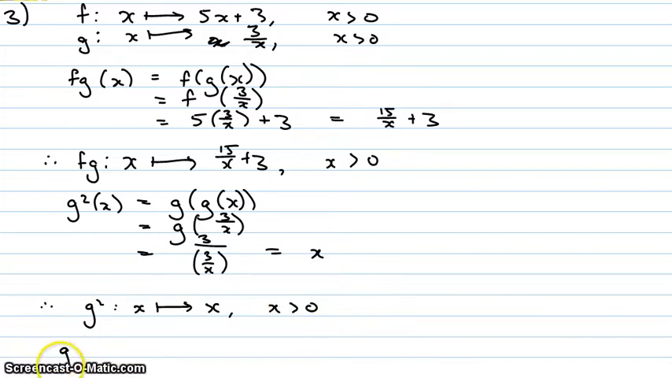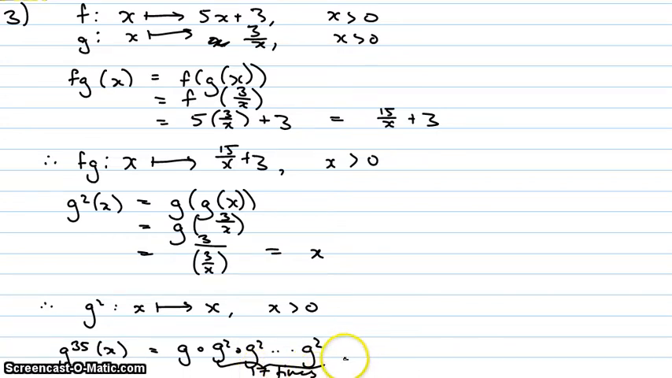Last one we want to talk about is g to the 35 on x, but g to the 35 is just going to be g compose g squared compose g squared compose, and so on. How many times? Well, we're going to do this one 34 times in total, so g squared composes itself 17 times on x. Now g squared